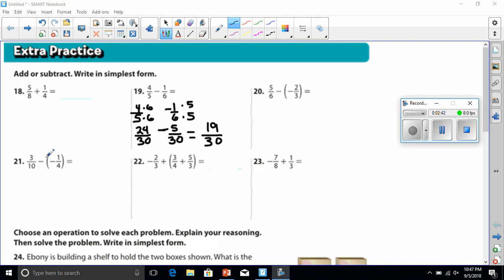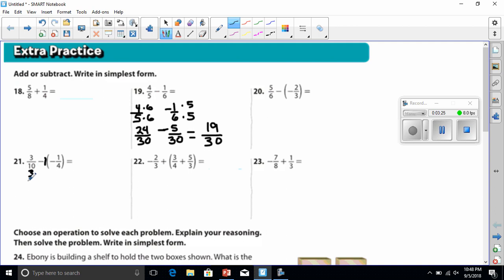Our next number that we're going to do is number 21. Remember, I'm doing all the odds. This time we have 3/10 minus negative 1/4. Again, we have to find a common denominator between 10 and 4. But before we combine them, let's see what we've got to do. We've got a negative on one side and a negative on the other of these parentheses. We know parentheses means we will be multiplying. So this is a negative, and once again, we could pretend there's a 1 after that negative. So negative 1 times negative 1/4. Well, negative times a negative makes a positive. So this is actually going to equal